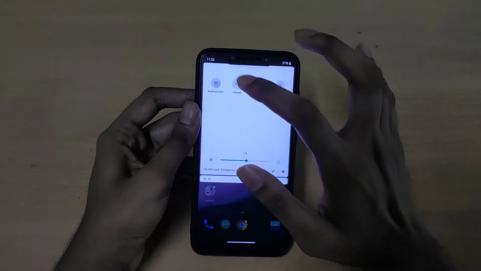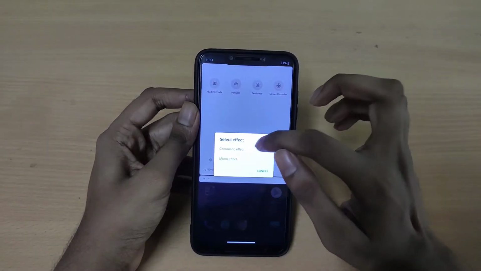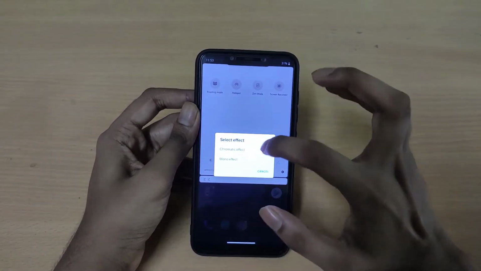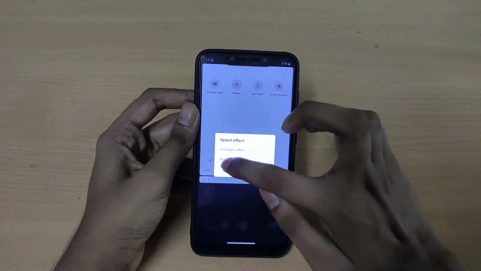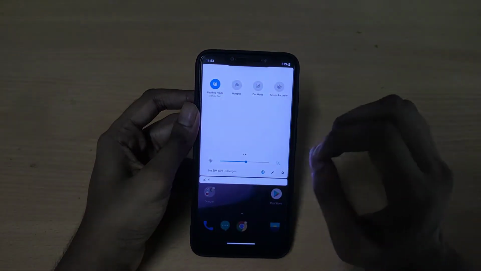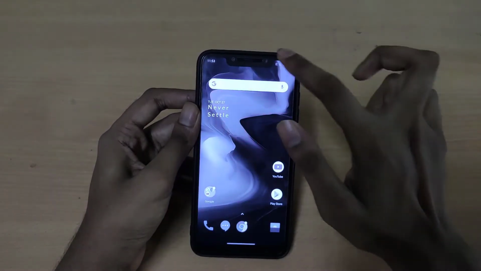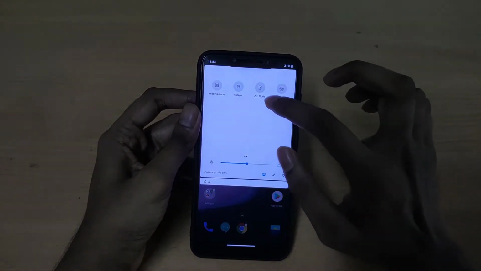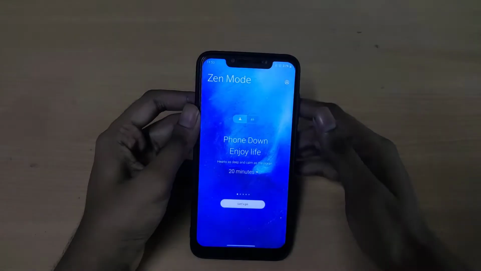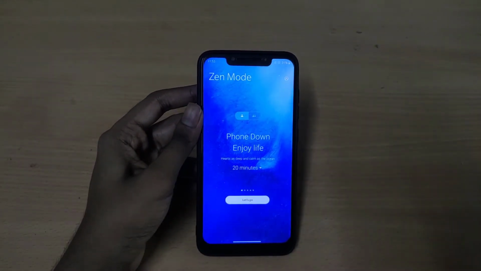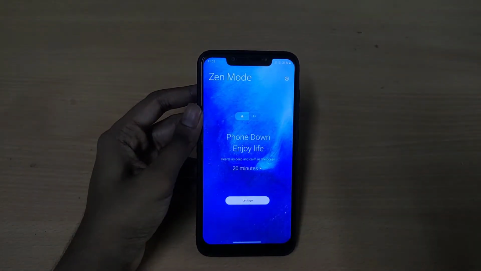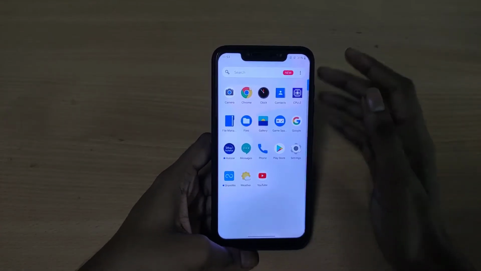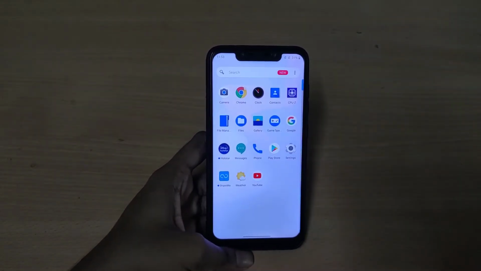And on this side here, you will get the option for the reading mode. As you can see, you will get two options in the reading mode: chromatic effect and mono. If you turn this on, all the colors will be gone, so the whole screen will be black and white. You will also get the Zen mode. You just have to put down your phone for some time, so this will help you do that. Here, as you can see, you won't get an external camera app. You have to manually install the camera.